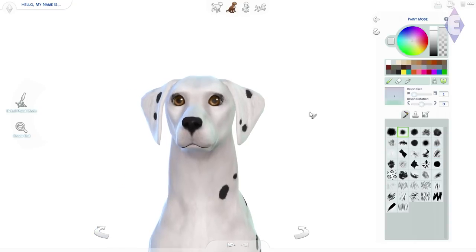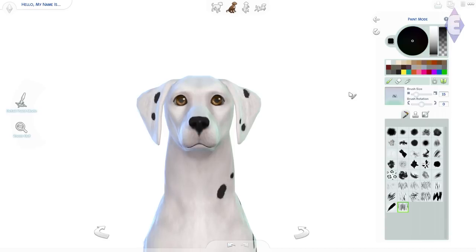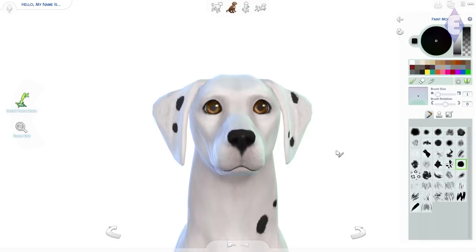Otherwise, it's pretty easy for you to just go into game and change it to that black and white cats and dogs hair. And excuse me, I need to just readjust myself on my chair, so if you hear some creaking, I hope you don't. But anyways,